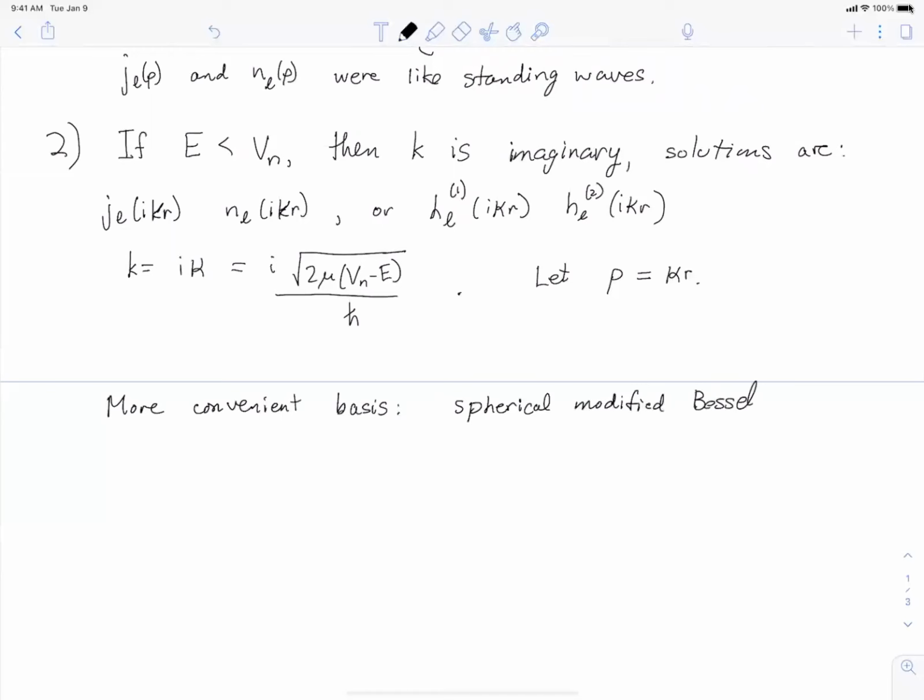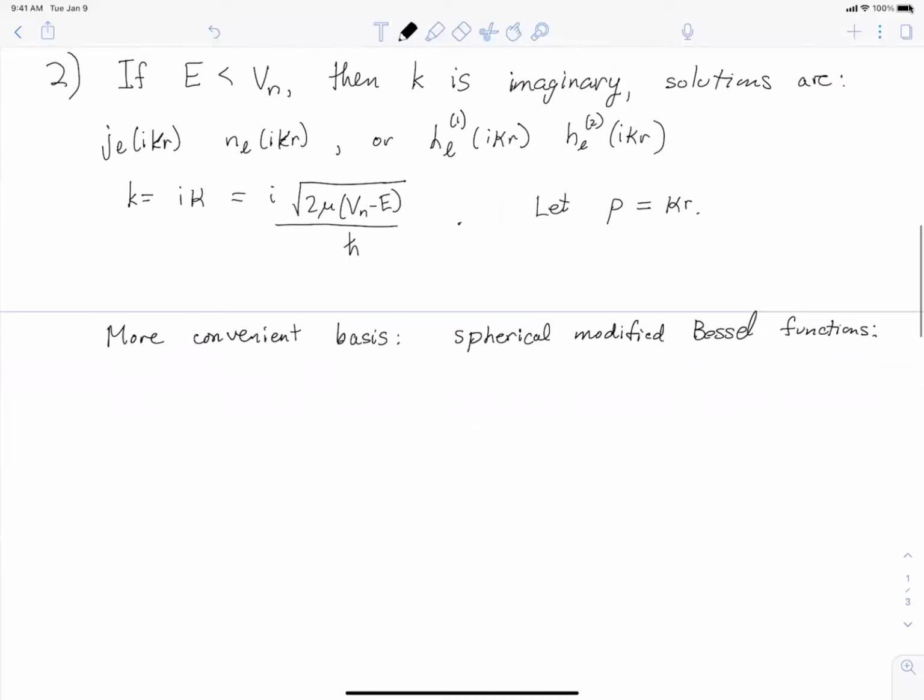So there's a bewildering array of these things depending on the situation, depending on the physical situation. I always have to look them up. I can never remember which one is which, but here's what they are. The first one is called, unfortunately, i. That should not be confused with the square root of -1. That's the name of the function. It's got an L subscript. It's a function of rho, and it's defined to be